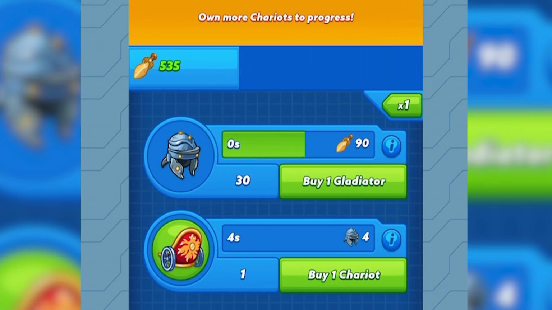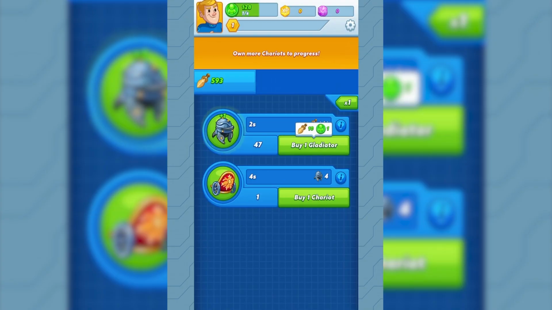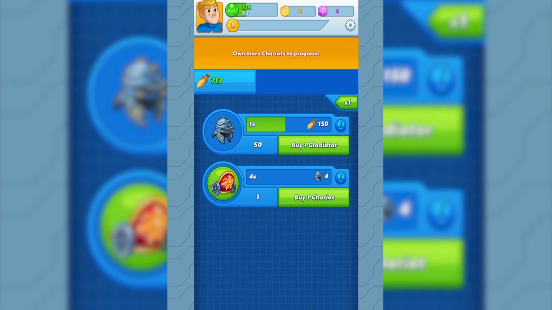But I'm up to 90 swords per click already, and every time I buy a gladiator, that number goes up. So now we're up to, I don't know how many, 138 per click. I kind of wish that wasn't in the way so I can actually see what I'm doing. Okay, 150 swords per click. I assume we're killing other gladiators and taking their swords, but now we've got 1,000 swords, so now we'll buy